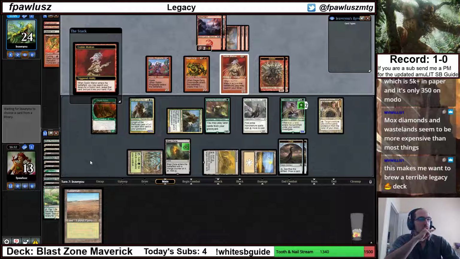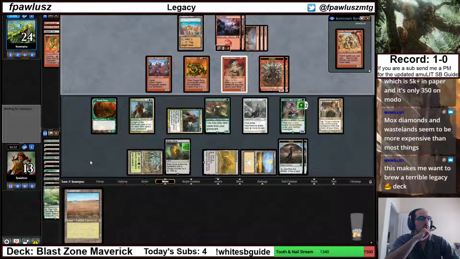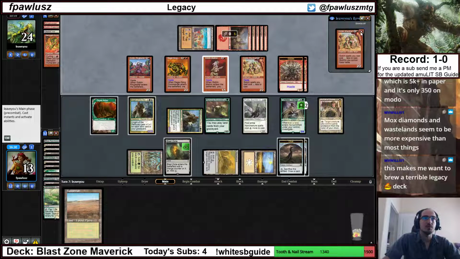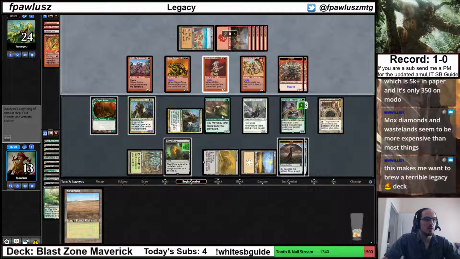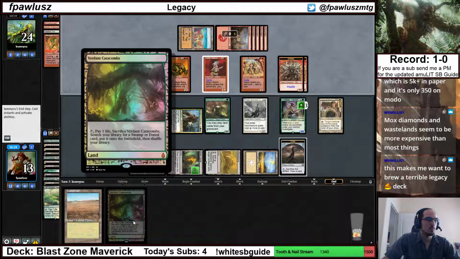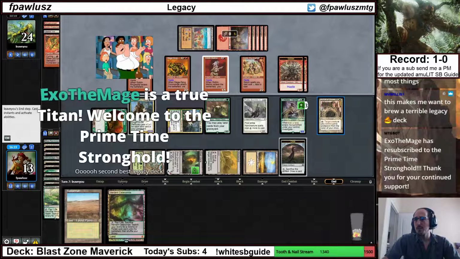We are approaching pyrokinesis or bust territory very quickly. Okay, they do play out the War Chief. Okay. Now what? No, nothing. Crack a clue. More dead draws. Alright,